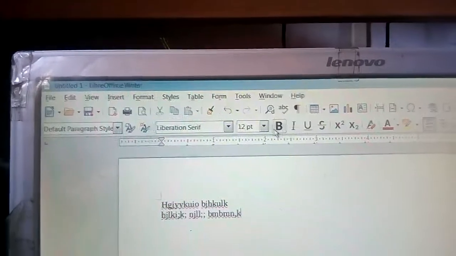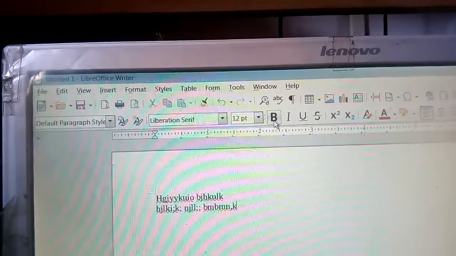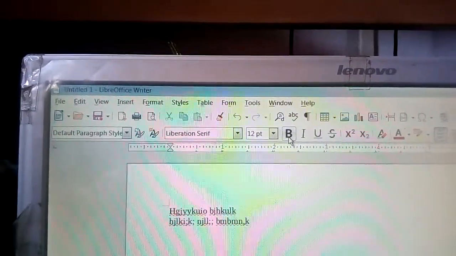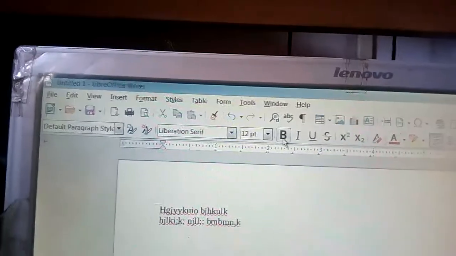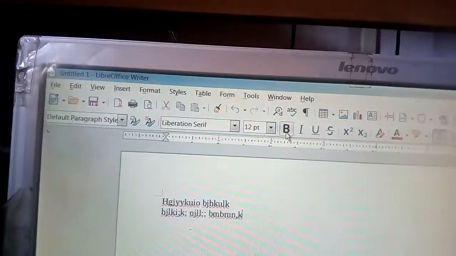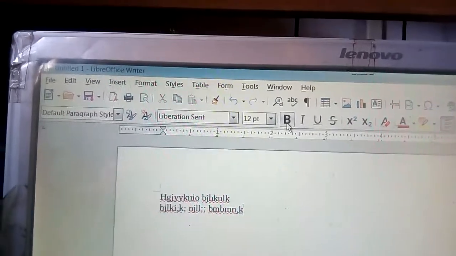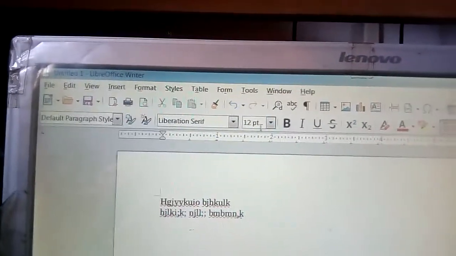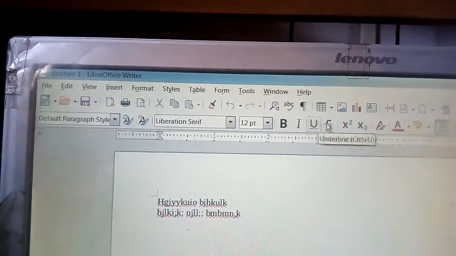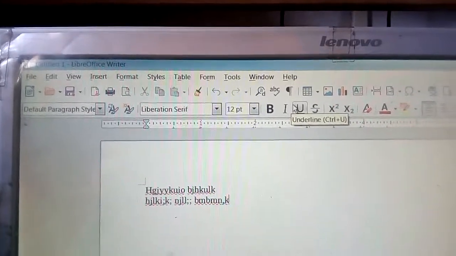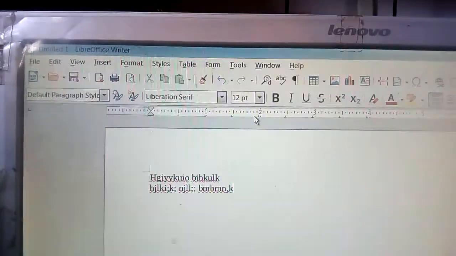Next one is the formatting toolbar, that is bold, italic, underline. Okay, so that is the formatting toolbar, by which you can format the text. Very simple, by which you can format the text. So that is font size, style, alignment. So these are the formatting toolbar, right? So here you can see the style, then font size. Okay, so these are the formatting toolbar. I think it's clear.